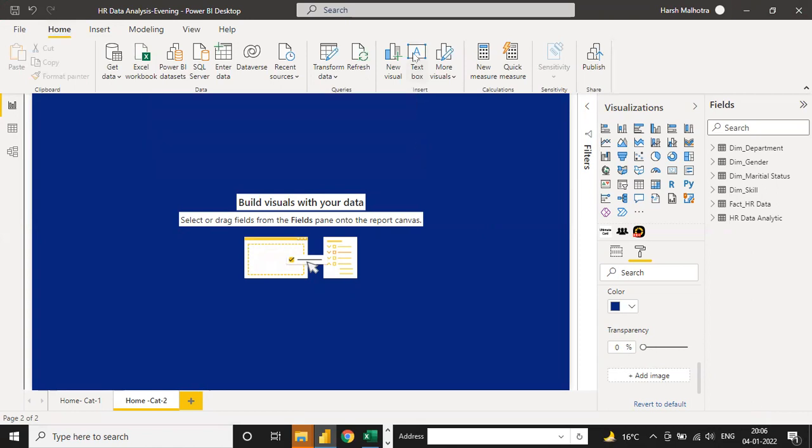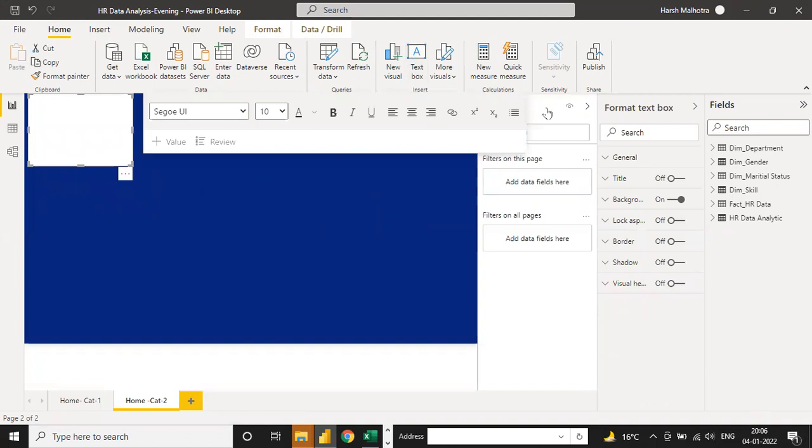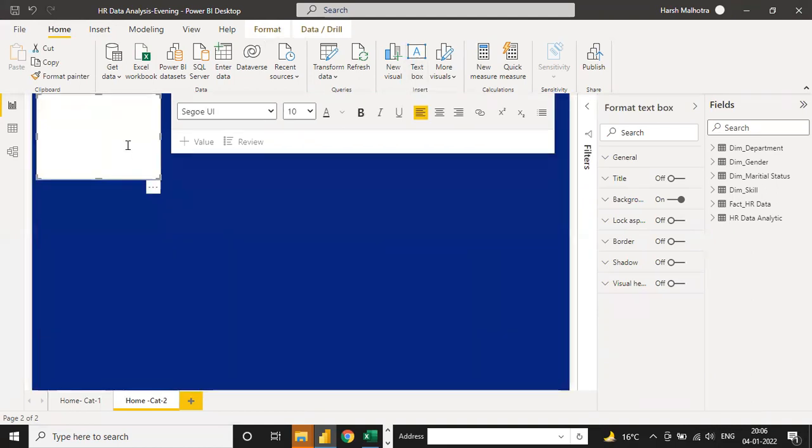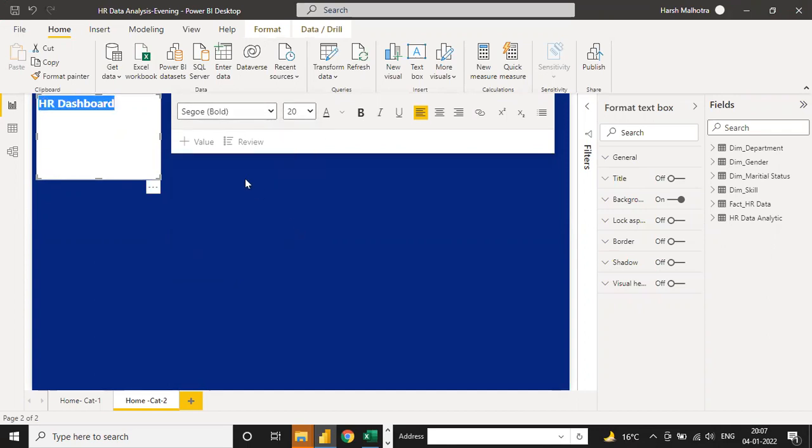Suppose the first thing, for every project, you have to make your first heading. For every project, you have to make your first heading. Like I am writing here HR dashboard. Click here. You can write it size 20, white, bold.